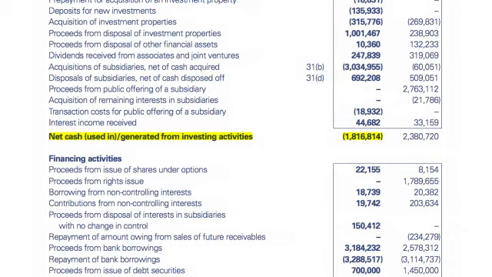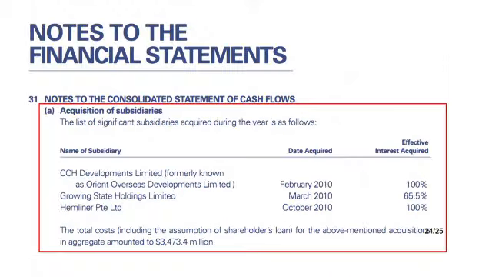So you can see that there was a net investment of $1.8 billion last year. And where did it go? You can take a look at the next slide, that they have invested in buying different subsidiaries during the year. Right. So we're continuing on the growth path. So this is not expenditure. This is not money out the door. Yeah. This is money invested in, well, hopefully other businesses that will make more money.